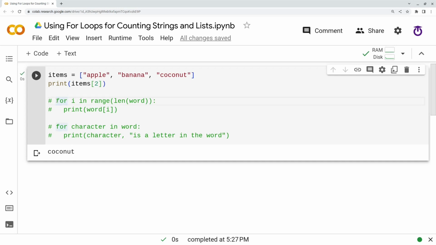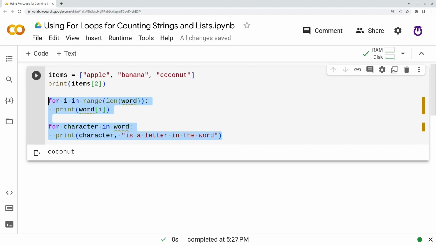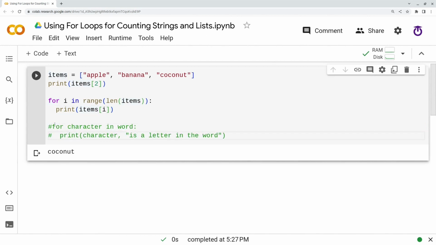And we can use our for loops to refer to individual items in our list. So if I do for i in range(len(items)) rather than word, this should print each word in our list. Let's give this a go.